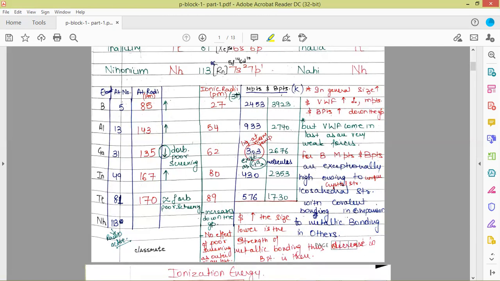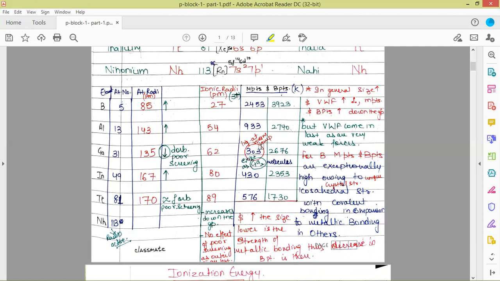And if we carefully look at gallium, it has an exceptionally low melting point and a normal boiling point. The reason for the exceptionally low melting point of gallium is that it exists as Ga2. It exists as a non-metallic molecule which is self-satisfied in itself as Ga2. So it doesn't participate much in metallic bonding. That is why the bonds are very weak. It behaves as a diatomic molecule. That is why its melting point is quite low.